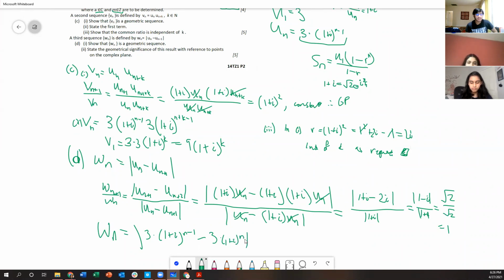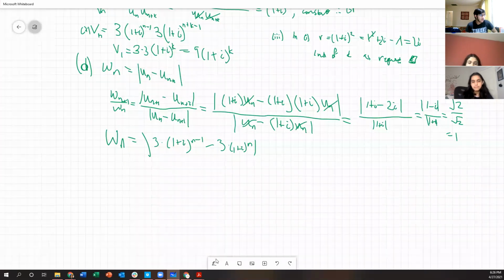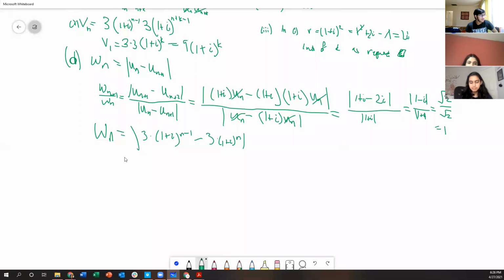Now, if I do that, I think there's a benefit here: now you can easily see what to do with this. If you just simplify this, you're going to get 3 times 1 plus i to the n times 1 plus i to the minus 1 power